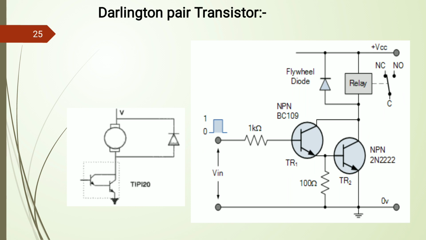So when pulses are coming from the input side and these transistors are activated, the relay coil is activated. If the relay coil is activated, NO turns into NC and NC turns into NO. So the supply connected at the pole, that is at NC, is applied to the NO terminal, and according to that the motor will turn on. So this is the normal procedure or working of a relay, with the help of this Darlington pair method.